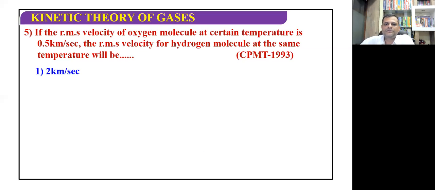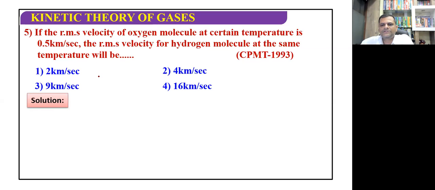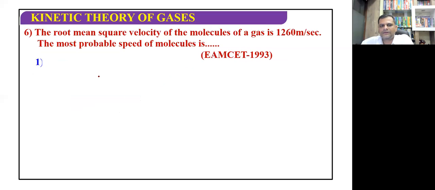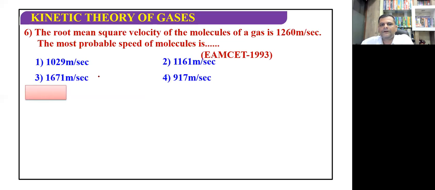Yes, if the RMS velocity of oxygen molecule at certain temperature is 0.5 kilometer per second, then the RMS velocity of hydrogen molecule at the same temperature will be, just we have done it just now, it will be 2 kilometer per second. Yes, the root mean square velocity of molecules of gas is